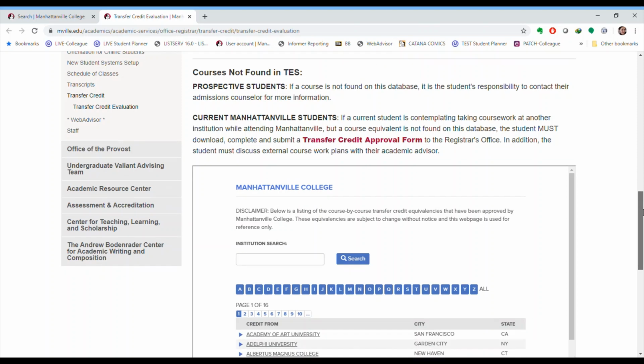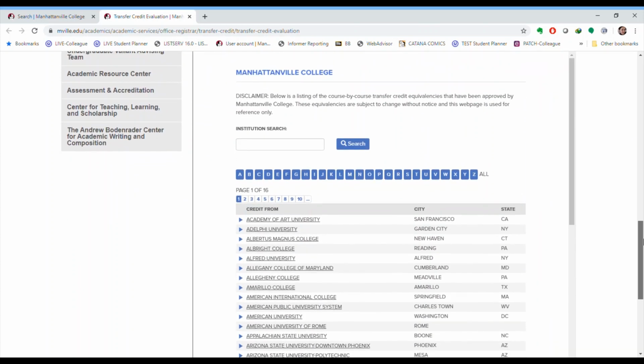So to use the system, scroll down a little bit to the box. This is our search area. You could find your school using the letters and then searching through the options, or you could use a keyword search, which is what I'm going to do now. Just click in the box. You can see that I have searched for other schools before. We're going to look at Westchester Community College today, so I'm just going to select Westchester, or you can type that in and click search.